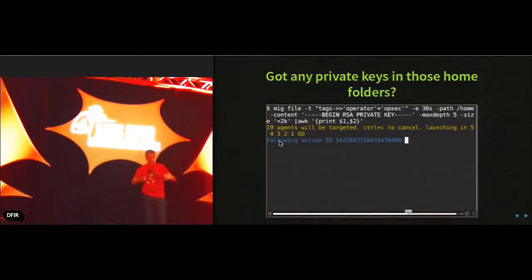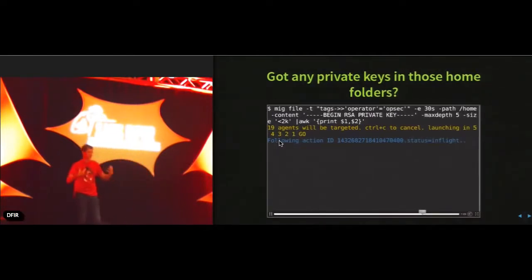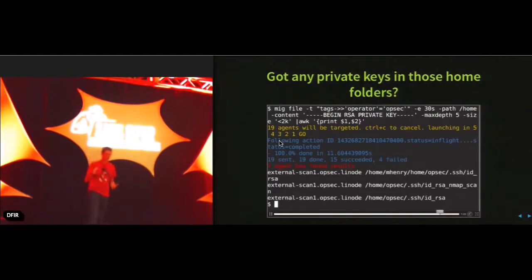An agent is just this little binary that runs on a server. When it connects to the central platform, it sends a number of metadata about what it's running, what kind of system, what IP addresses, a few tags that are built in, and we can use this information to target only a subset of the systems we have. So you don't always have to investigate 10,000 or 100,000 systems. You can just investigate a few, like the ones that are named MySQL, for example, things like that. And here we see that that one server, external scan 1, had this marker in 3 files, and they're listed